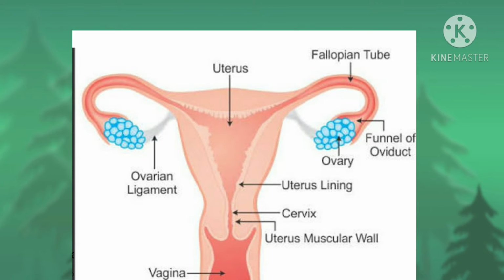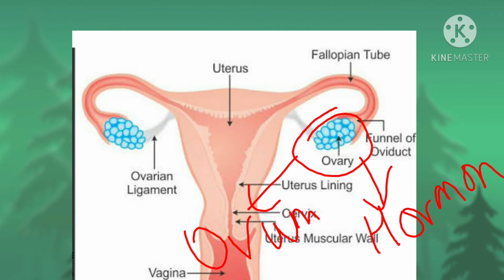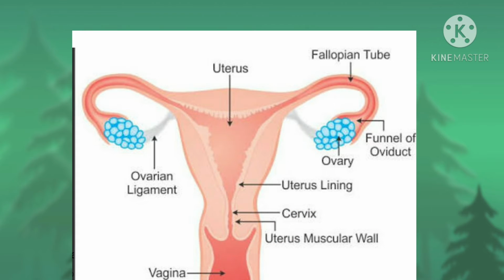So let's start. This is the diagram of the female reproductive system. Right now I told you that the primary sex organ is the ovary. So this is the position of the ovary, which secretes the female gametes, that is ovum or egg, and every month one ovum or egg is released by each side of the ovary in an alternate manner, and this process is called ovulation. The ovary also releases two hormones, that is estrogen and progesterone, which are responsible for the secondary sexual characteristics in female and for pregnancy also.